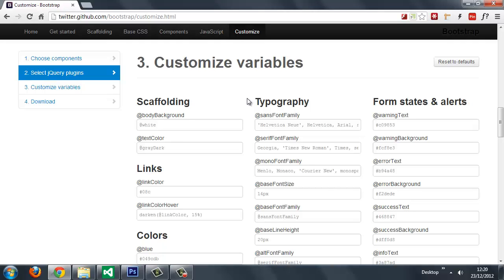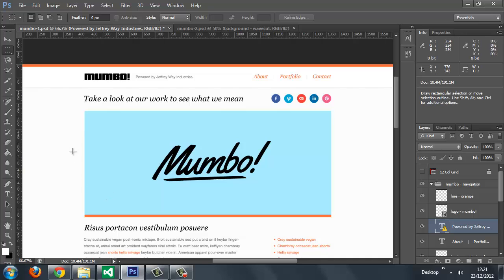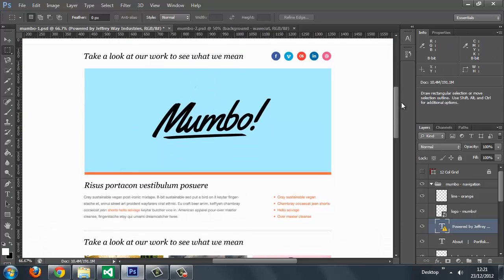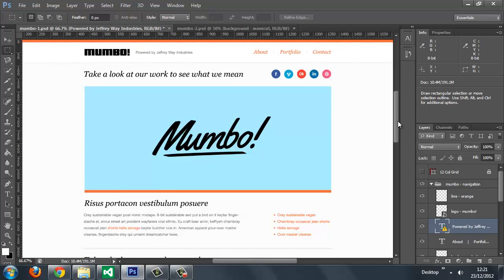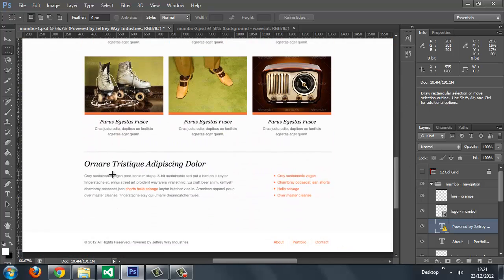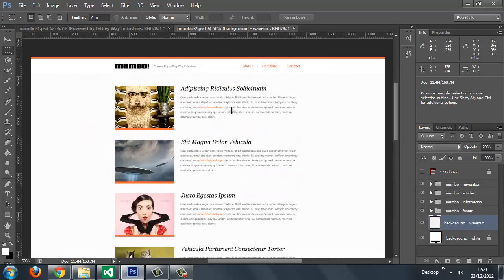So, okay, the body background, we can keep that as white. Now, if we look back in the PSD, the text color, we've got two different colors of text. So the headings are all black. We've actually got three different colors of text actually, because we've got this nice orange here for all the links. But most of the actual body text, just the regular text, in both of the PSDs is this kind of